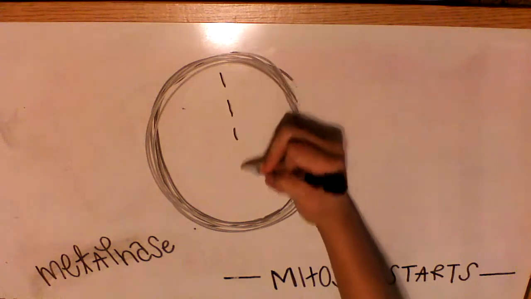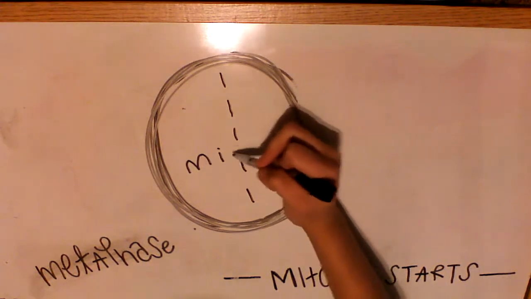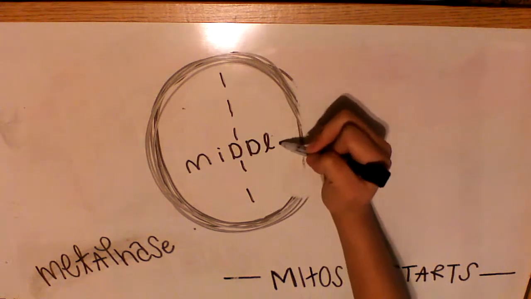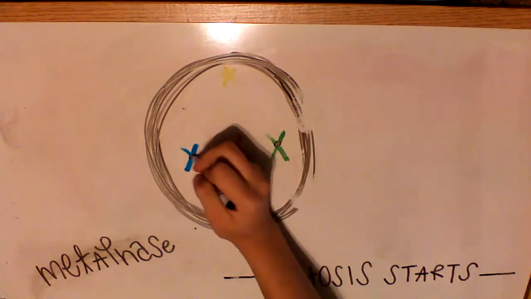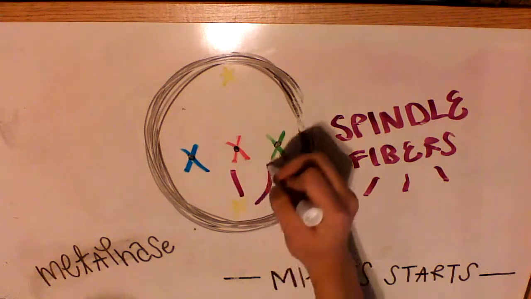The fourth phase is metaphase, and when I see metaphase, I think of middle, because the chromosomes line up in the middle of the cell. Also, kinetochore microtubules and non-kinetochore microtubules make up the spindle fibers, which you see connected to the chromosomes, keeping them